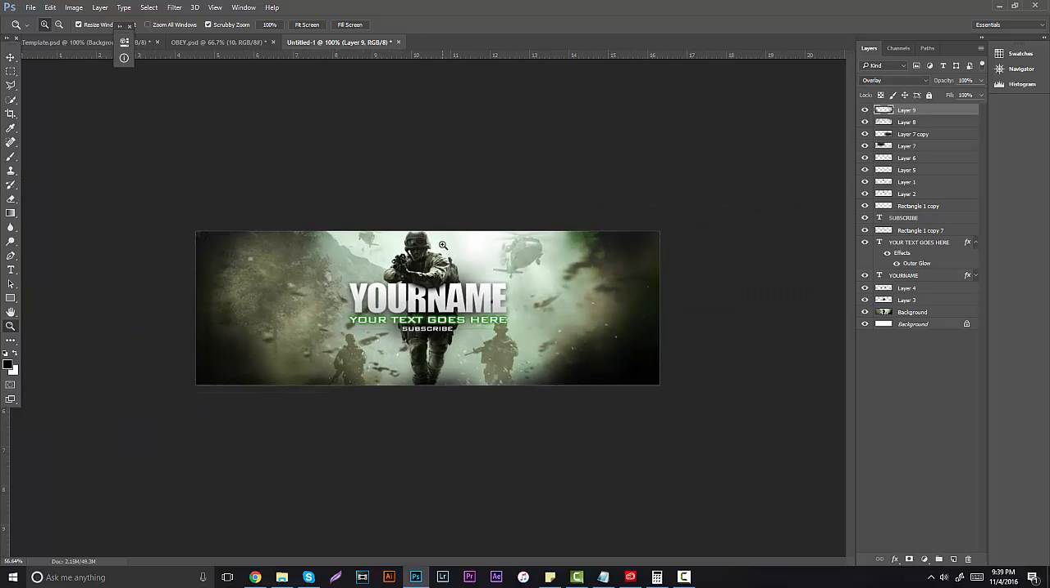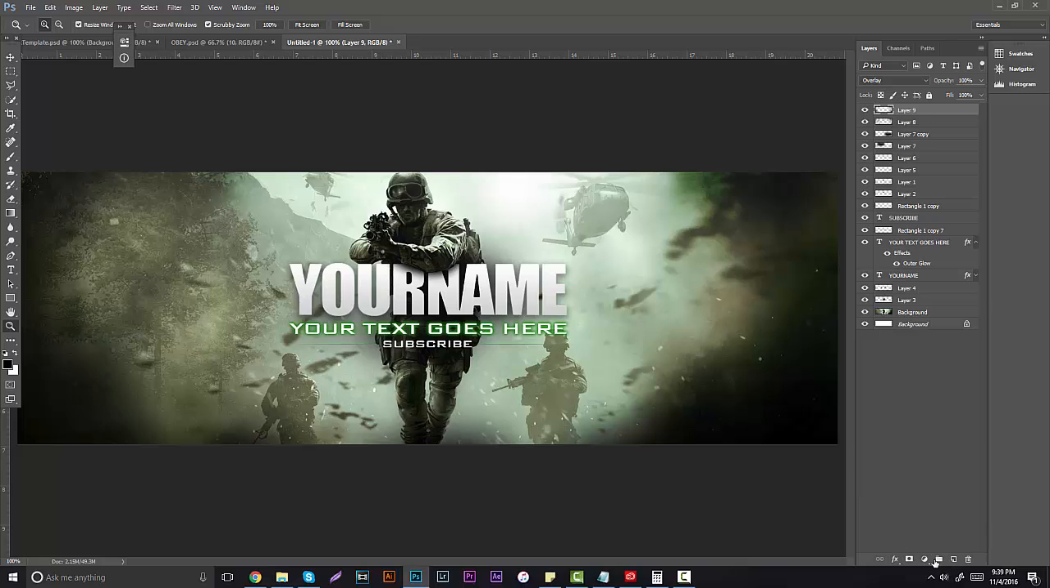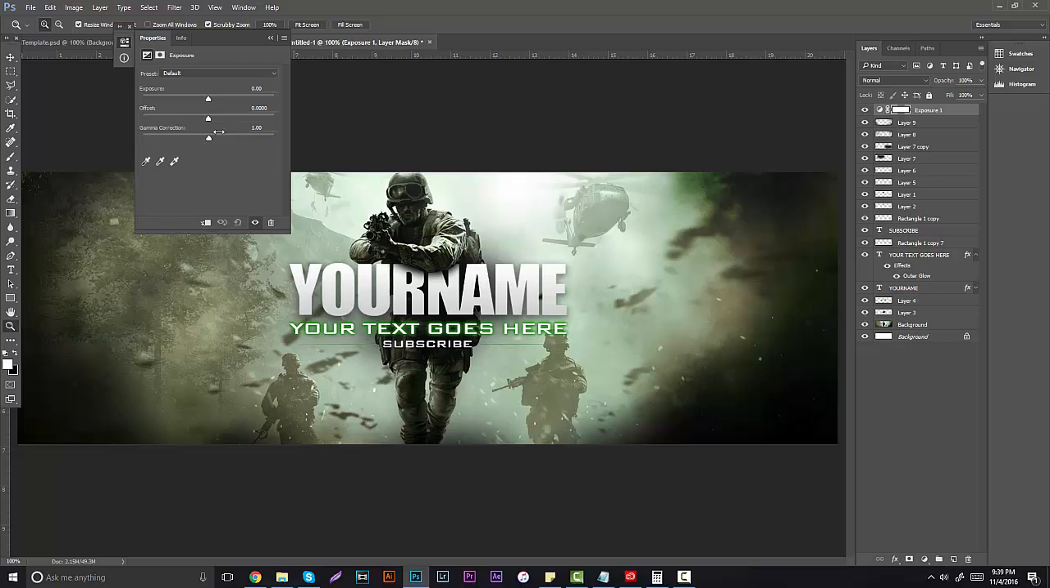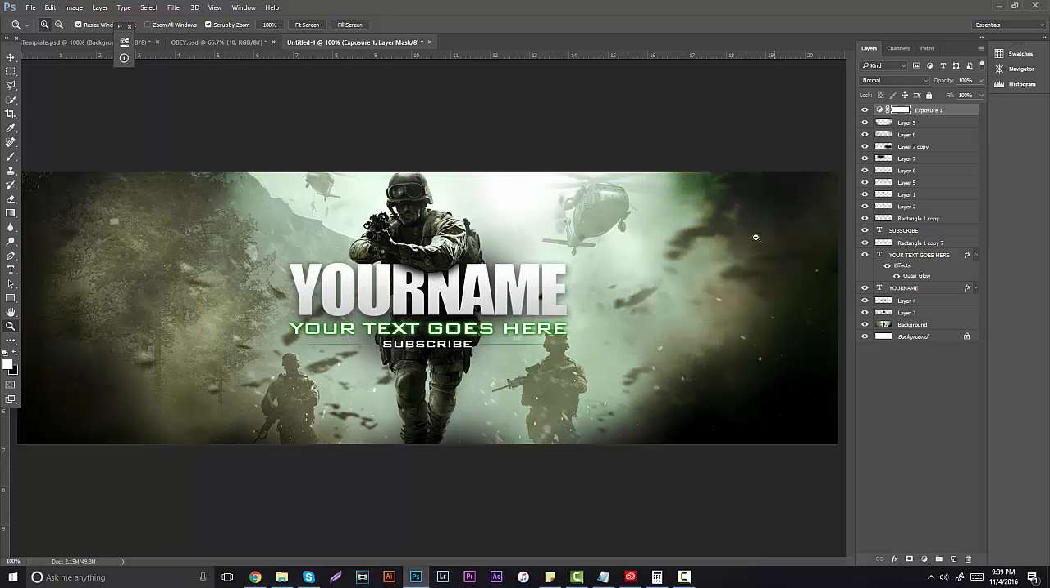going towards the guy. And then lastly, what we want to do is go right here to this half circle, half colored, half not, and go to exposure and bring that exposure up or down depending on how you like it, and also the gamma correction to the right or left, which is going to be like the contrast. And now that you have this and you have your text and stuff that you like,